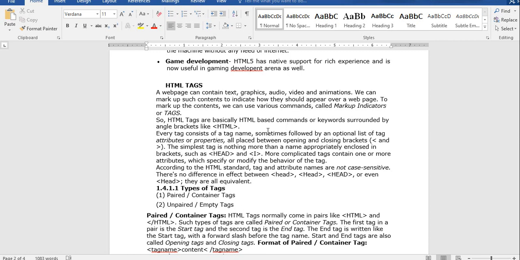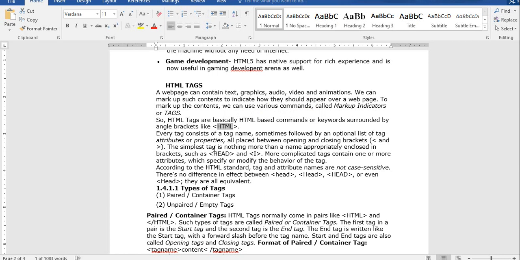So every tag is surrounded by brackets like this. This is the opening bracket and this is the closing bracket. These two are angular brackets. The content we write in between these two brackets is called a tag. Every tag consists of a tag name, sometimes followed by an optional list of tag attributes or properties, placed between the opening and closing brackets.